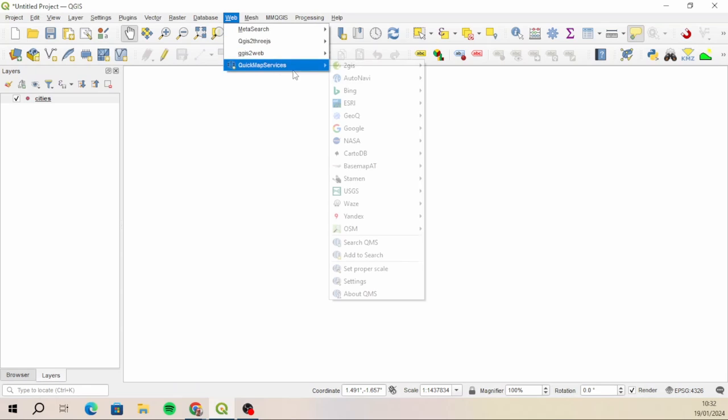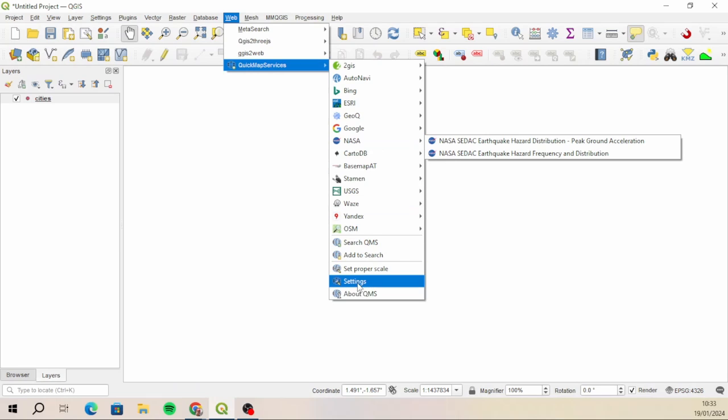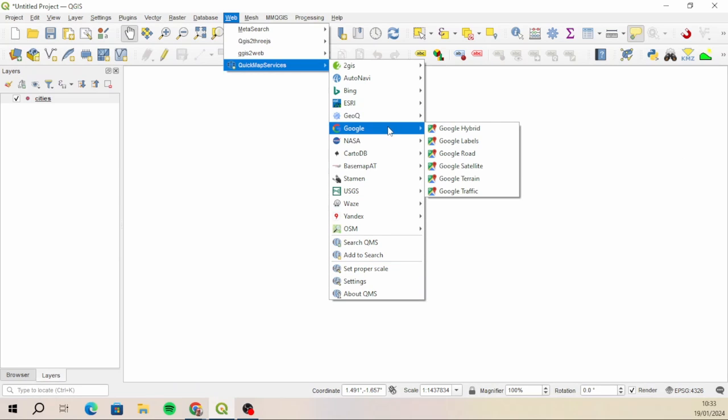Now when you go there, it should look similar to this. Okay, so if you didn't have that many services before, go to settings, run the contribution pack, and now you should have access to more services. So let's see what these look like. I'm going to turn on the Google Road map,